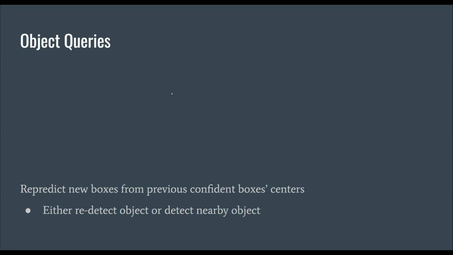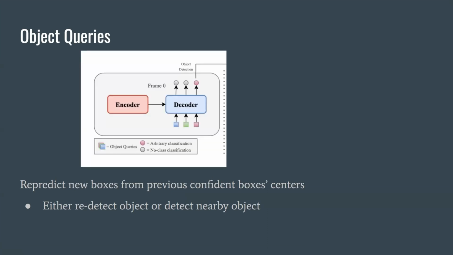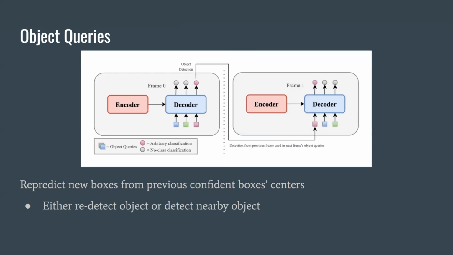So what we did was to leverage the fact that the decoder outputs the normalized centers of these prediction boxes. And we take those from the previous frame and we pass them into the query points of the next frame. And that replaces one of the randomly sampled query points that the decoder normally uses. And effectively, the intuition for this mechanism is that we're forcing the model to look in the same place that it already found something with a high degree of confidence and redetect that object.